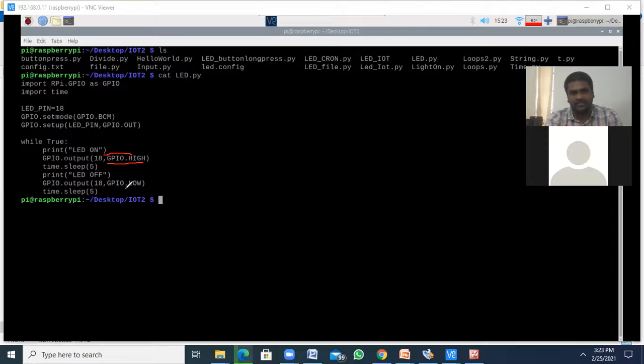So it stops sending the power from the 18th pin to your external breadboard, so the LED will be off. It will be off for 5 milliseconds. Again it executes repeatedly until we press Ctrl C. It executes infinitely. Okay, next.